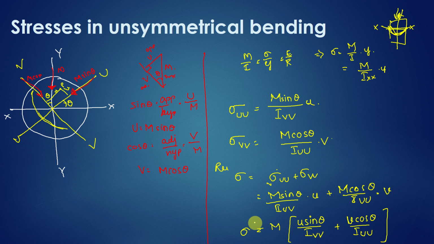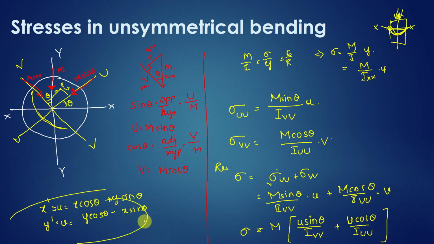That is over. Now we need to find out the neutral axis. Okay, before that, what is u and what is v? So you have found out what is x dash, right? x cos theta is equal to, in the previous video while we were calculating principal moments of inertia, we have taken this plus y sin theta. That is about the shifted axis. That shifted axis we are considering as small u. That's it. And y dash is y cos theta minus x sin theta. So that is nothing but small v. So if you apply these two, you will get it.